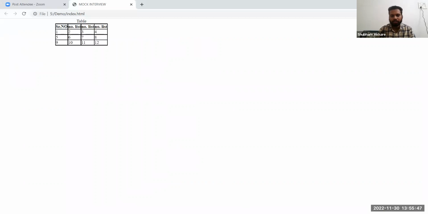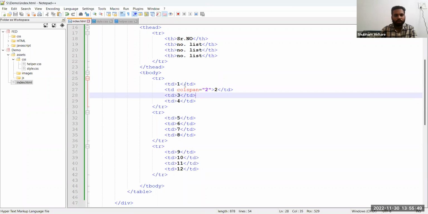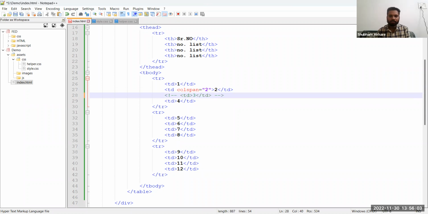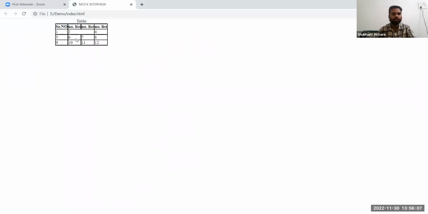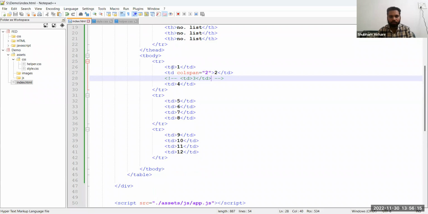Sir, here I want to merge two columns in the same row. So I apply colspan 2, and then I comment this third one. So it will merge two different columns, and if I apply rowspan,